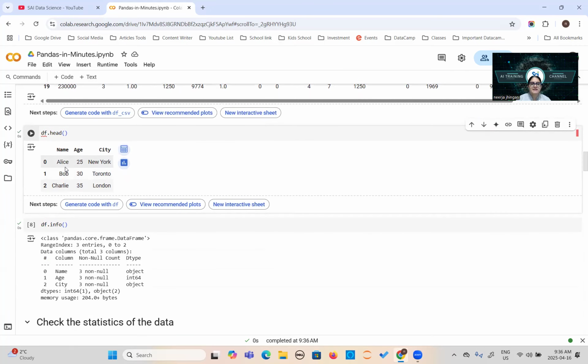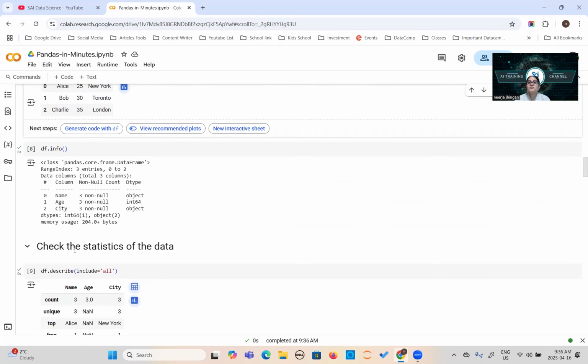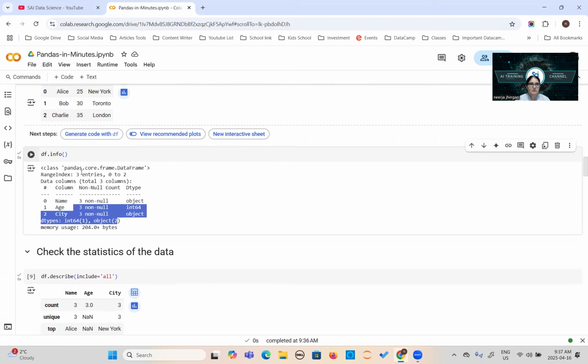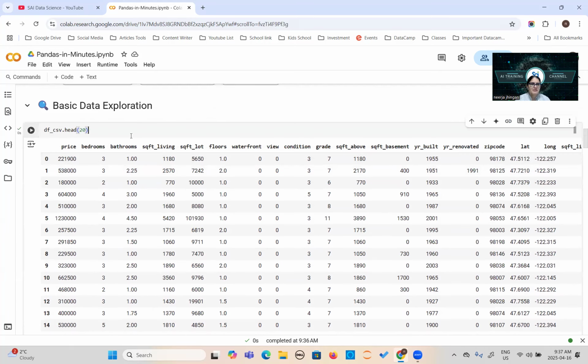And now, the data which we have created has only 3 records, so it is showing this one. Now, if you are interested in looking at the detailed information about your data set, then you can use the info method. It will tell you the total number of records. It will tell you the data type of each column, and it will show you the missing values too, because it is showing non-null. There is no missing value. If you are interested in looking at this one too, you can. Okay, instead of head, you can use info here.